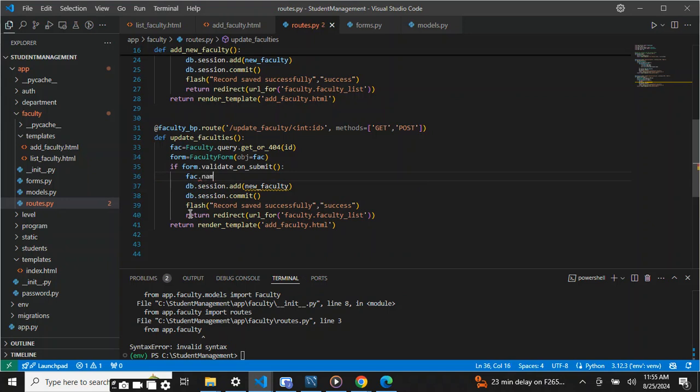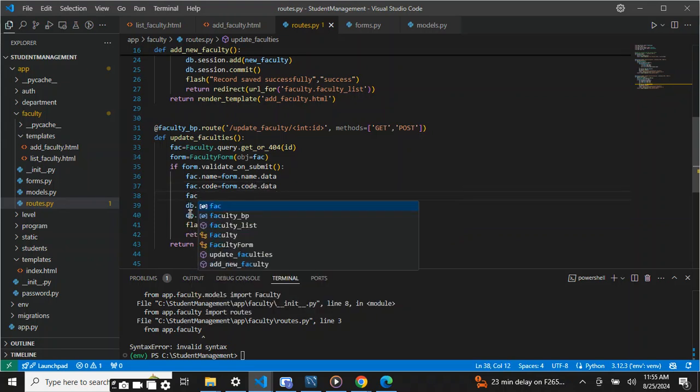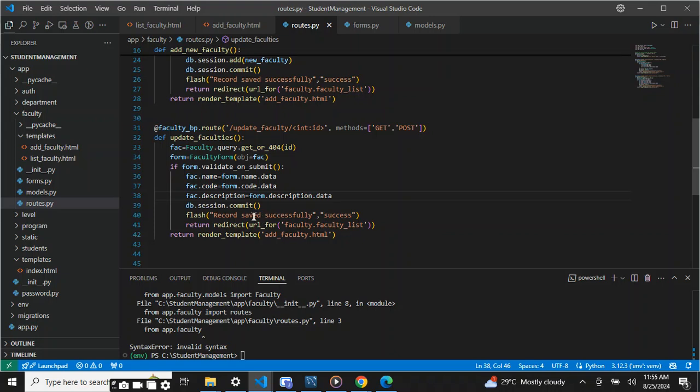The fact that's the name should give me the form's name data, the fact that's the code should give me the form's code data, the fact that's the description should give me the form's description data. Okay, so I'm not actually adding a new value, I'm just updating it, so I'm committing it. So record updated